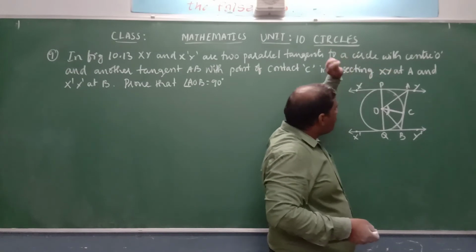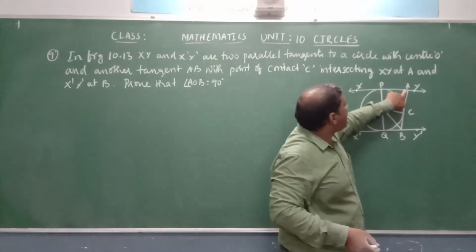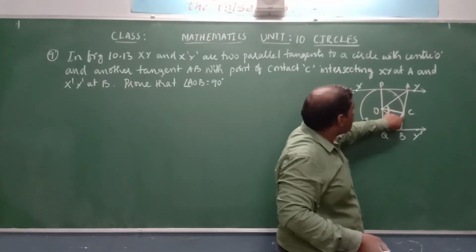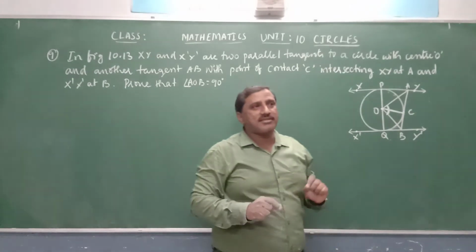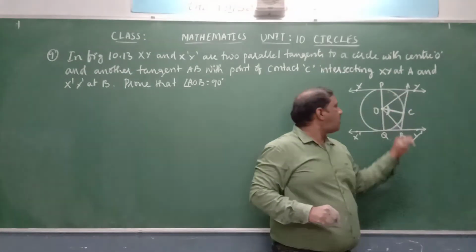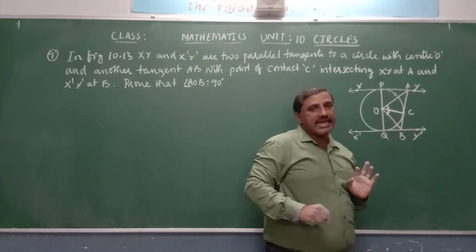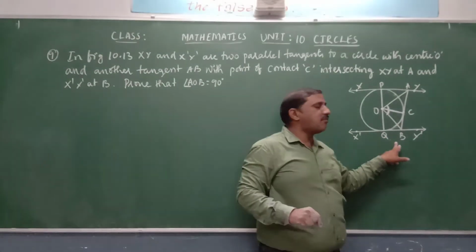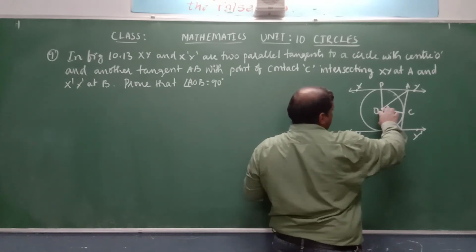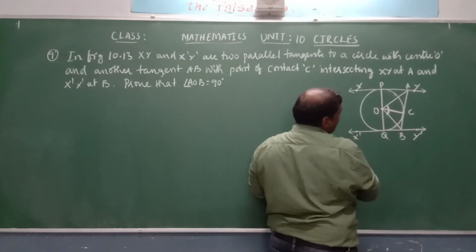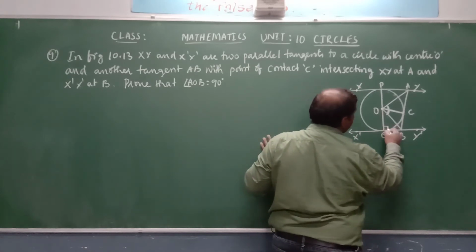From the figure if you observe, point A is the external point. From point A, the length of PA and the length of AC both are equal, as they are drawn from the external point A, and similarly from point B, QB and BC both are equal. They are drawn from the external point B by using theorem 10.2. And OQ is the radius and it is perpendicular to the tangent X dash Y dash at Q. Therefore, it is 90 degrees.